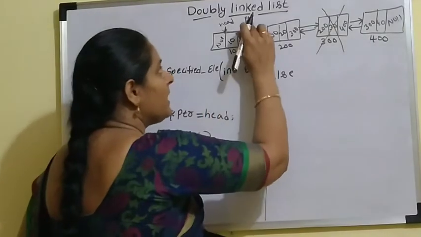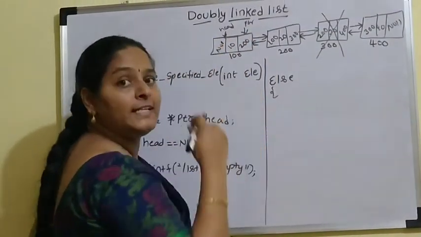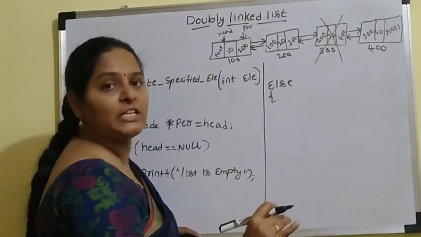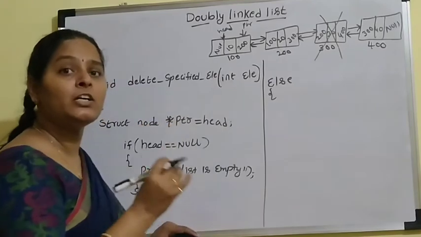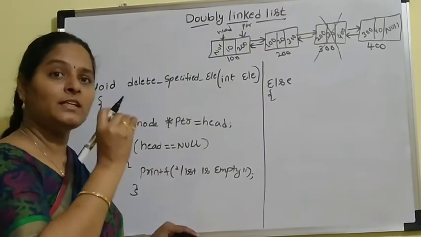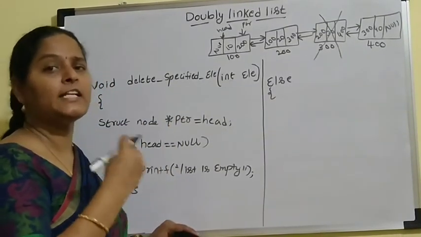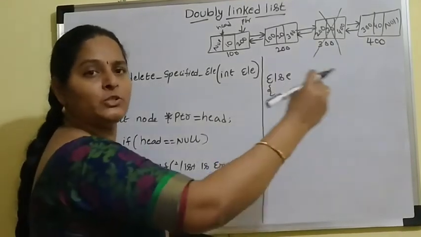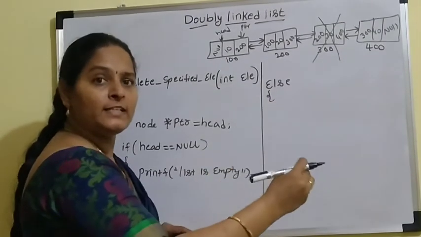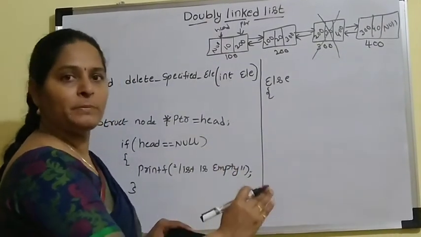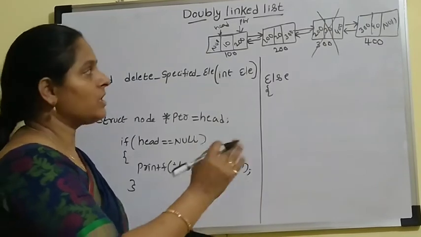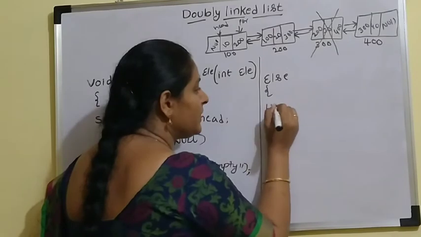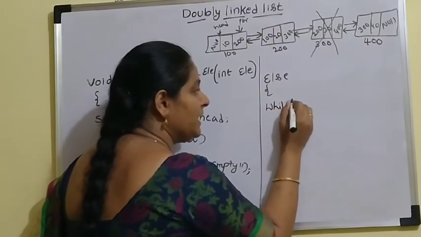Now compare our first position element is our deleting element or not. Here we are not comparing with the next element, we are comparing the data of the element, whether the ptr element is our deleting element or not. If it is not a deleting element, just move ptr to the next position. If ptr data is the deleting element, then stop the ptr pointer there itself. So how to check that condition? For that we need to take one loop. Here I am taking the while loop.